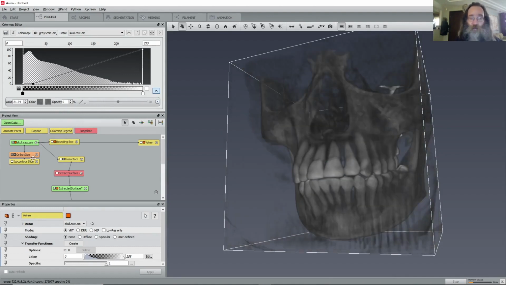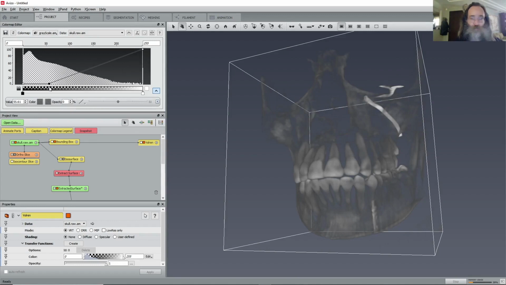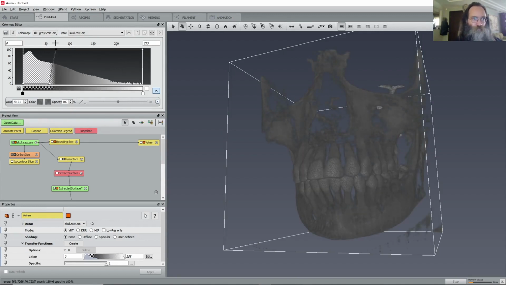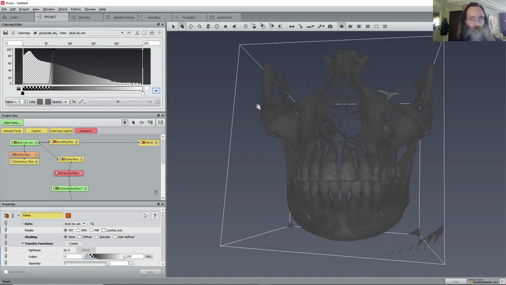But anyway, one thing we can do now is try to simulate the isosurface that we computed previously. Because I know that the ISO value was at 56, so if I drag this to slightly before 56, then I create another control point here and drag it up to here approximately, then we see almost exactly the skull again, because what we have done is we've mapped all the